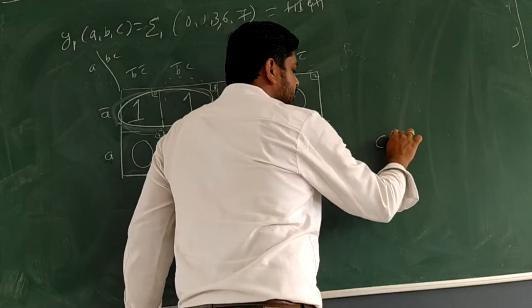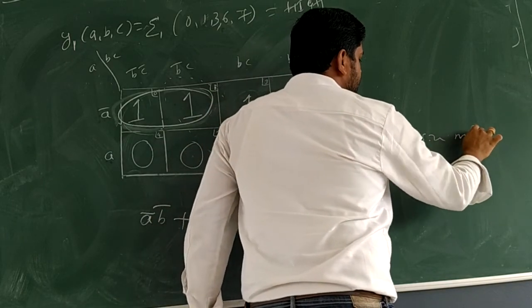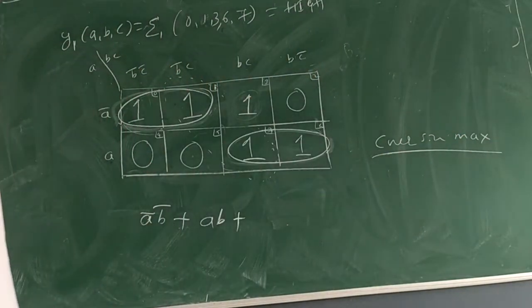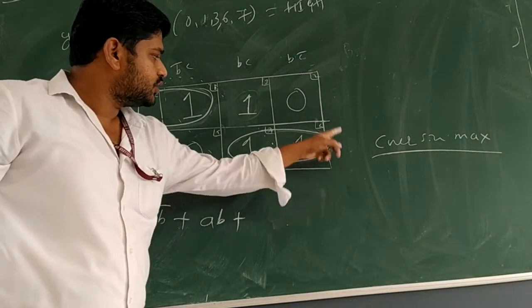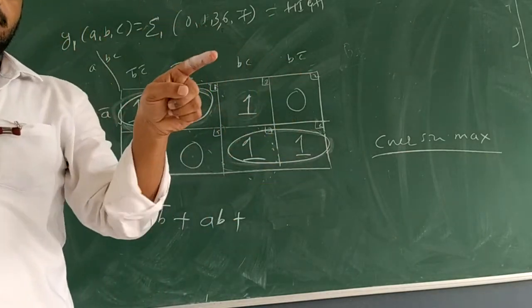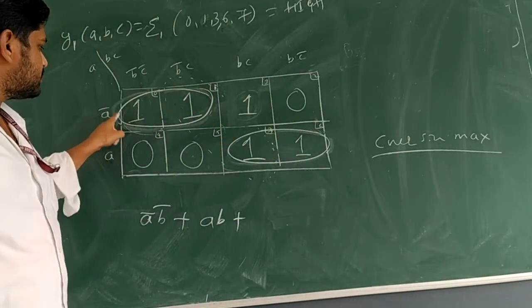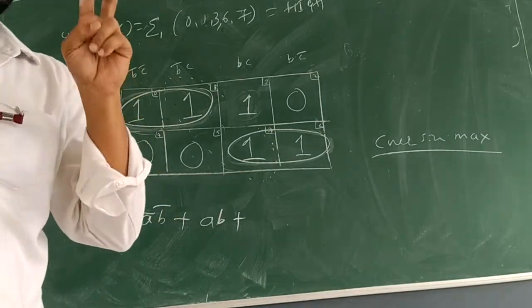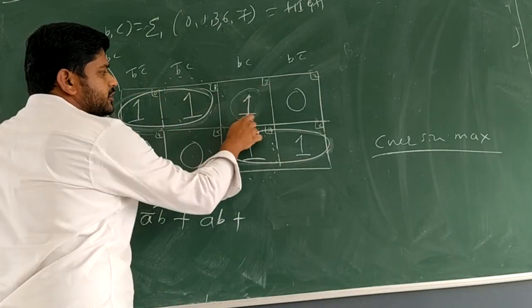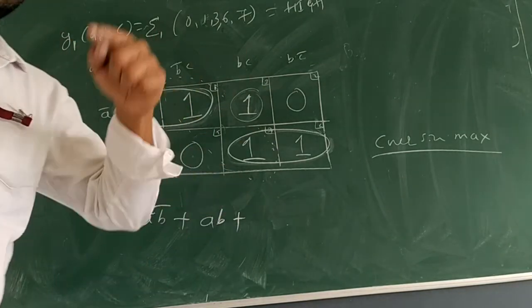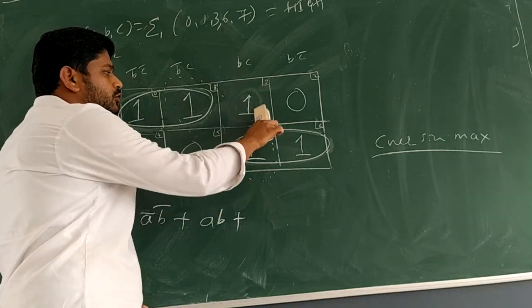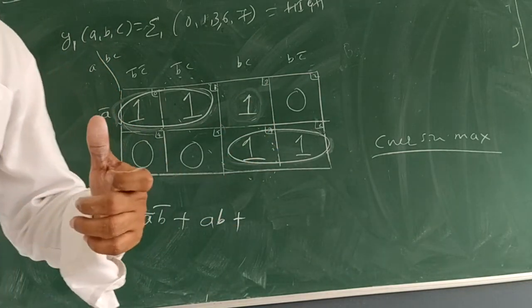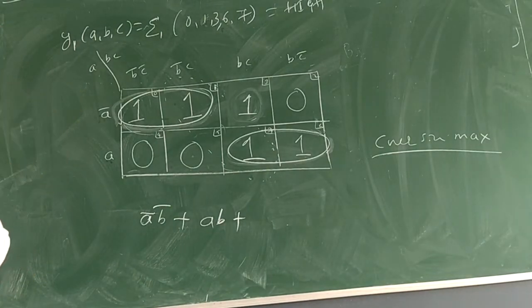The cover size must be maximum. Cover size must be maximum. Here cover size is 2. That means inside that cover there are 2 ones. Here also what? Inside this cover 2 ones. Size of cover is 2. If you take cover for this, size of cover will be 1. Inside that only 1. We have to think whether it is possible to create something which you have studied in your previous classes, covalence bond. That means sharing. Is it possible?